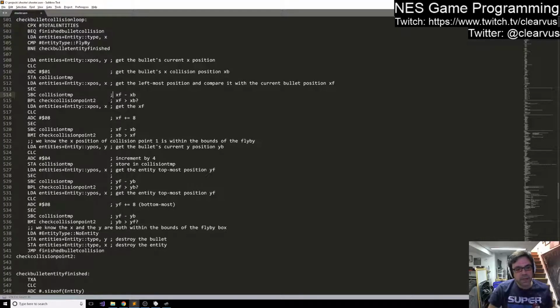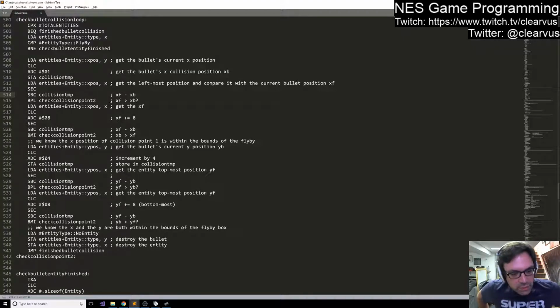But watching it over again, I realized that I had done something kind of stupid. There was no reason to be doing the subtract with carry like this. And I think that was kind of a holdover from the original algorithm, where I was showing that we could do the subtraction, do the delta x and delta y, right? Get the difference of the x and y and do the absolute value, and then use the widths of the objects to determine if the bounding boxes had collided. I think it was a holdover from that, because you don't need to do that, and we'll fix this first, make this work again with the changes involved, and then